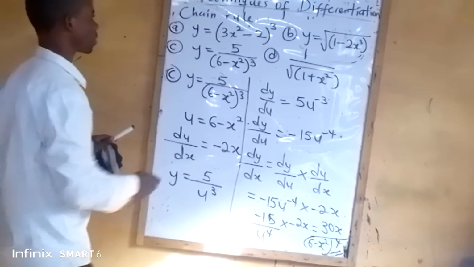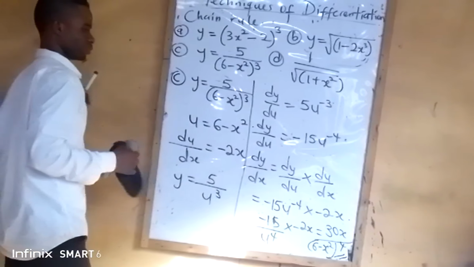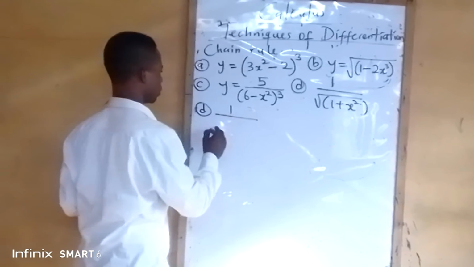Now let's take a look at this d. All over square root of